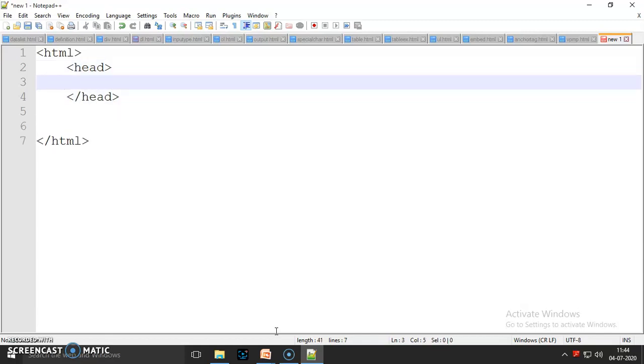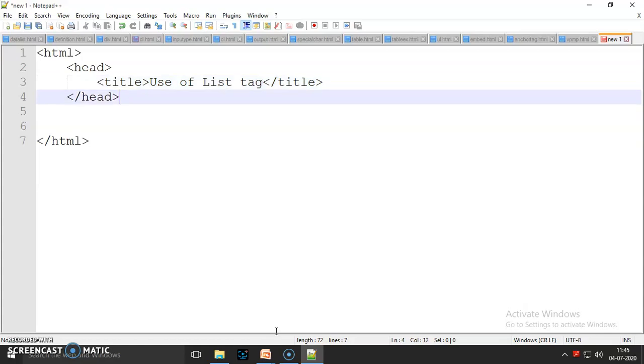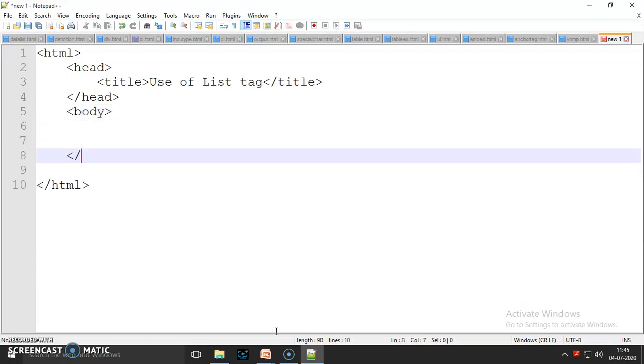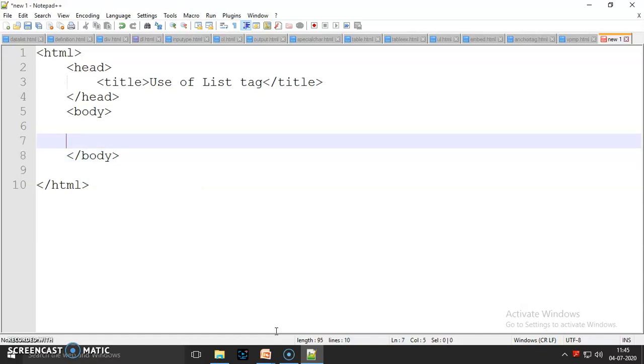In between head and /head, I use the title tag to represent the title of the web page. Between title and /title, I write use of list tag, which is displayed at the top of the web page. After that, the body tag is used, and at last the /body tag is used.